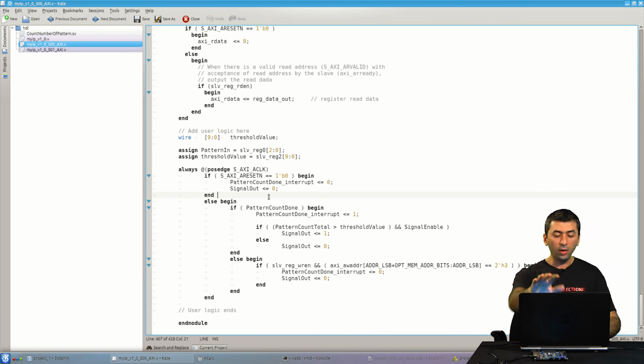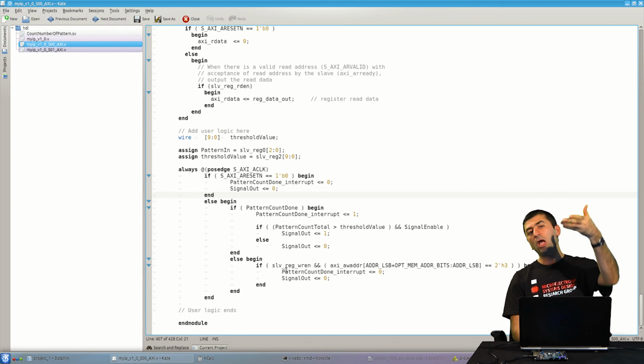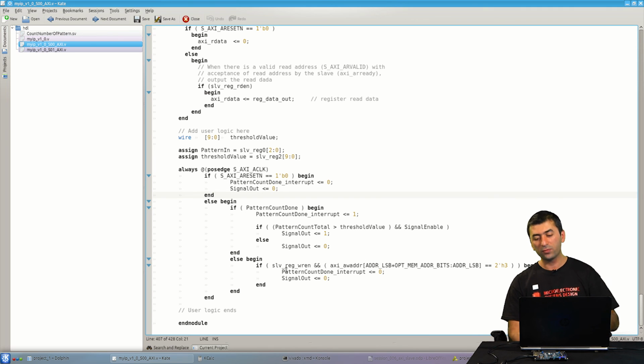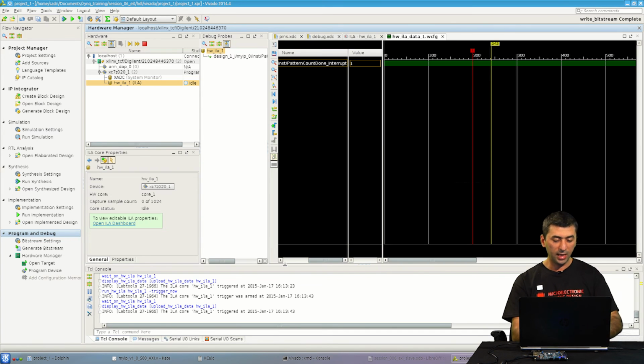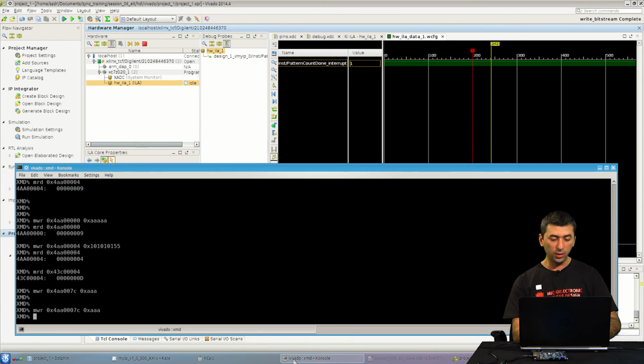Obviously the interrupt line stays 1 until the CPU goes and clears the interrupt. According to the implementation that we have created, we have assigned one of the registers on the AXI slave light interface for this purpose. The register number 3 we have assigned for this purpose. So as the CPU, I perform a write operation to